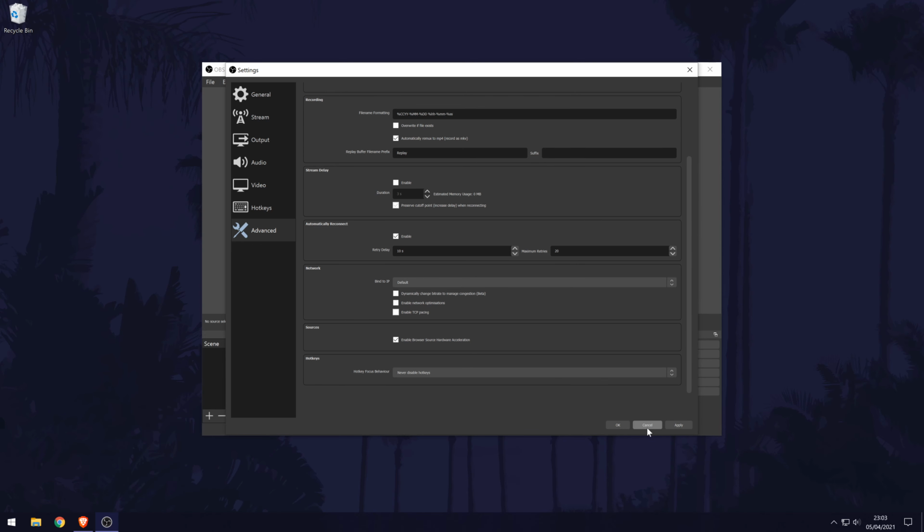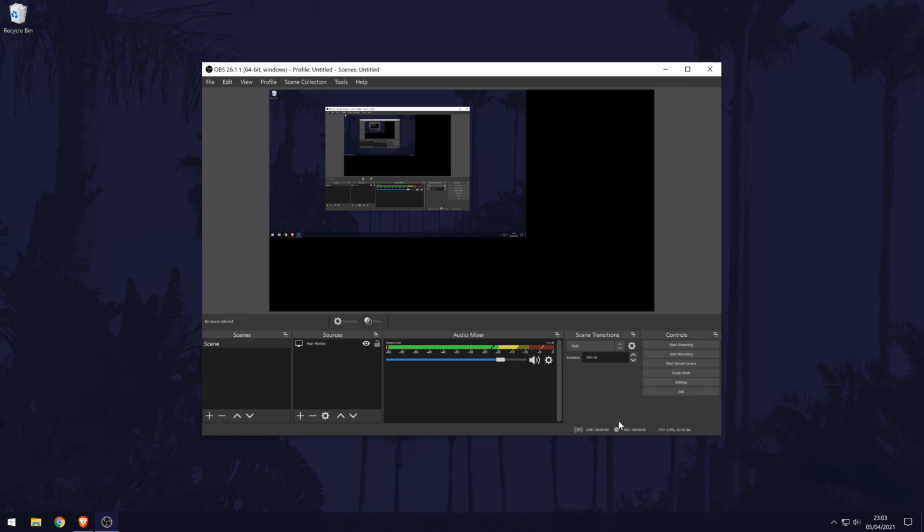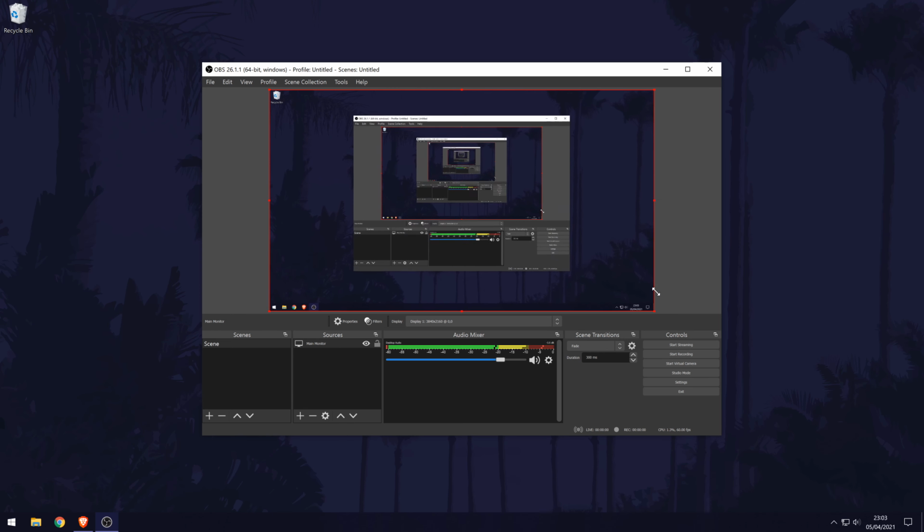After closing the settings, you might now need to change some of the things we looked at earlier, such as the audio mixer or the screen preview. If you change the resolution in the video settings, you will now need to rescale the preview by dragging the corners to fit the full screen. Once you're ready to start recording or streaming, you just need to use the buttons in the bottom right of the window. And so that is how to download, install and set up OBS on a Windows 10 PC or laptop.